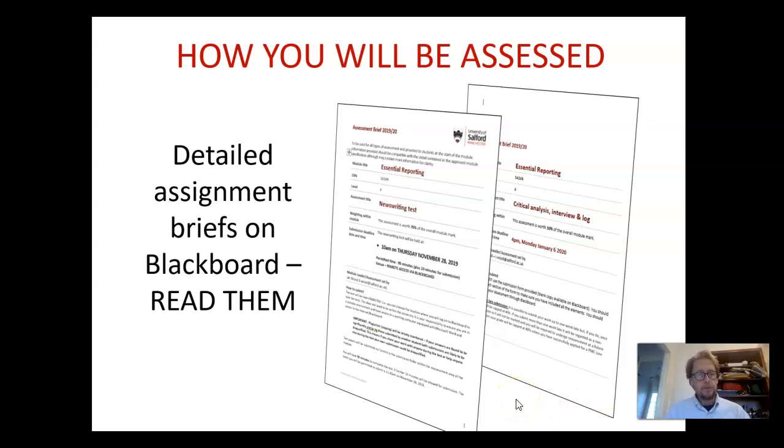You don't have to remember it all from me barking it down through my laptop at you. All of this information is in the assignment briefs, and these are on Blackboard. So they are set out to try and help you. As I say, the assignment brief, the submission template, which is on Blackboard, also helps guide you. But don't worry about it. Read the assignment briefs. It sets it out step by step exactly what you have to do for each of